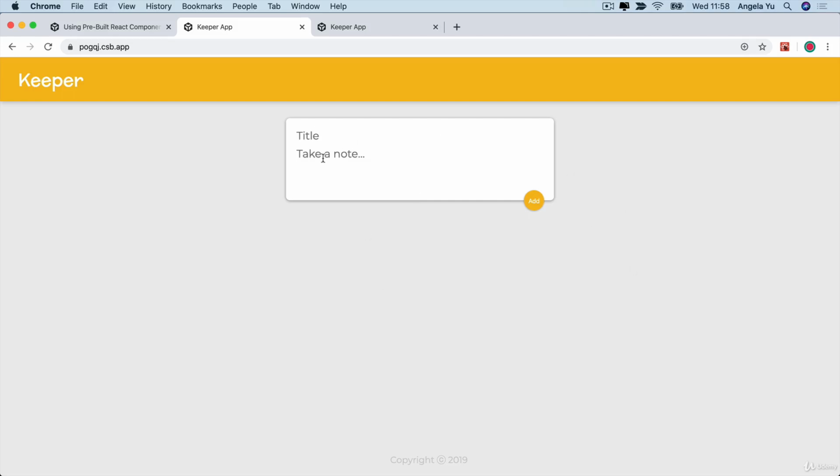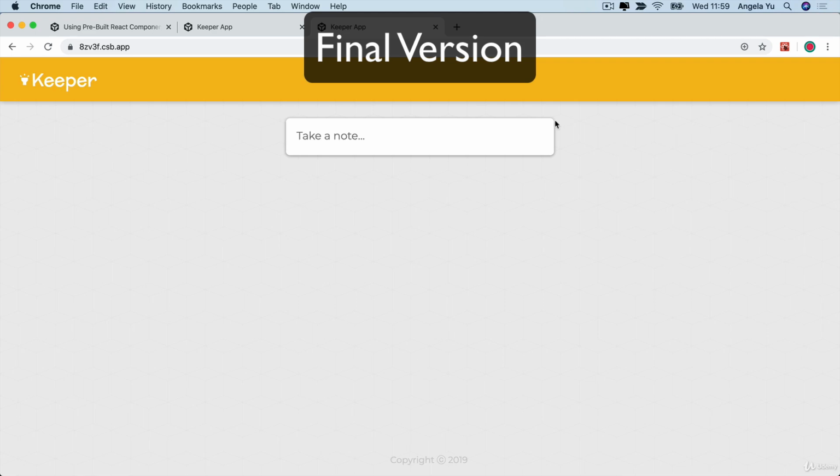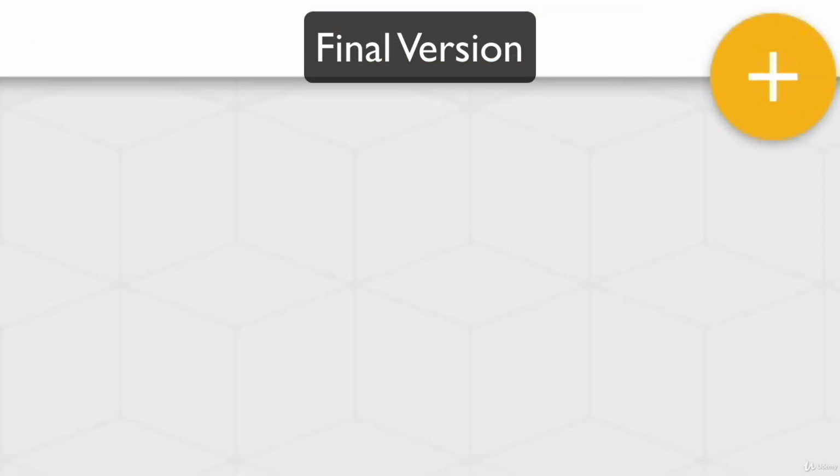All right, so now that we've got most of our functionality down, the next step is to tidy things up and try to make the appearance of our app look a little bit better. Now, the end result that we're aiming for after all of our styling, etc., is something like this. We've got icons in place, we've got expanding features for our inputs. Notice how this button also has a hover effect, and also in our background, we've got a little pattern going